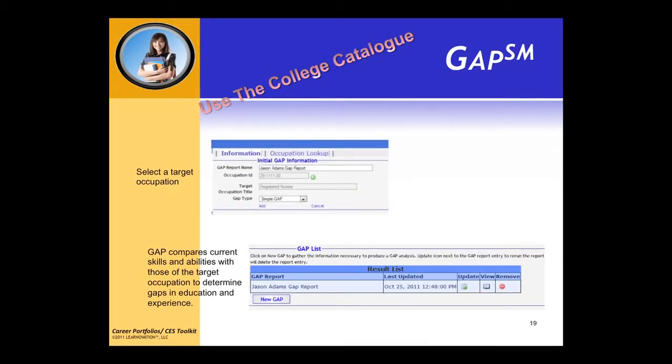But also I wanted to call your attention to, in the software, you'll be able to update this. So it's not a one-time thing. You could go back, you could update, you could view it. If there's something in there that you've decided is no longer valuable, you'll be able to remove that. So you're in constant control of what information is here. And again, the gap report will change as the information that you put in there changes.